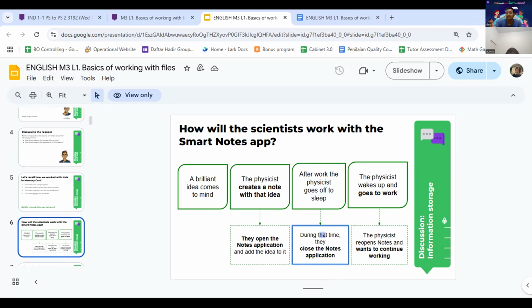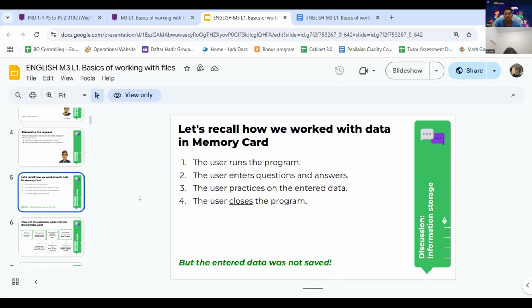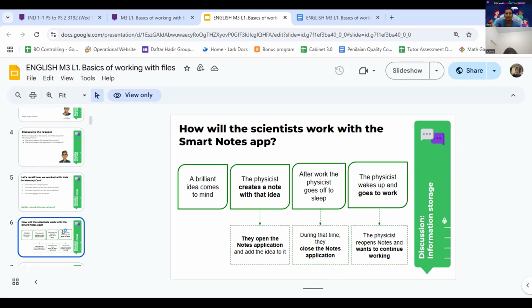Then the PC wakes up and goes to work. So the scientist reopens the notes and wants to continue working. So there is history here. When you close the program and open the program again, the data is still displayed, not gone like before in memory.